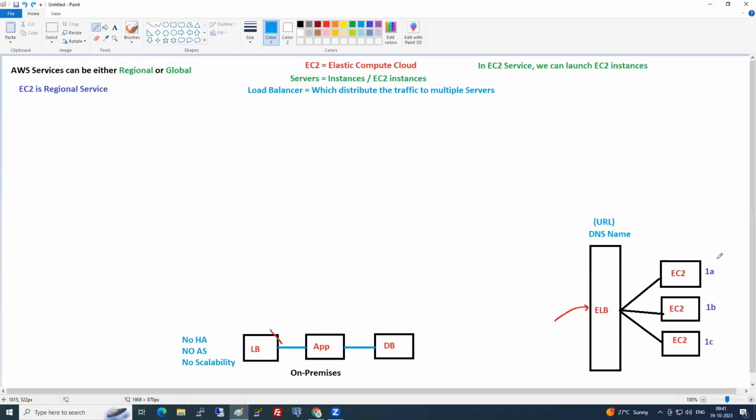Why is it called Elastic? You tell me now. Do I need to worry about the performance of the load balancer? Tell me, Chitti. Do I need to worry about the auto scaling of the load balancer? Do I need to worry about anything on the load balancer? No. Why? It is managed by AWS, because in the backend of AWS it is Elastic. That means the load balancer is managed by AWS. No, we don't need to worry about the performance.